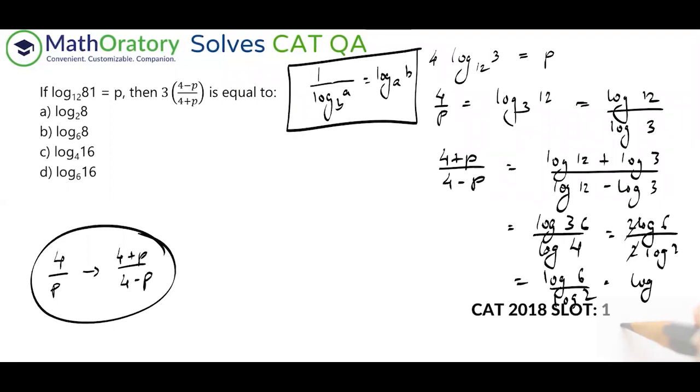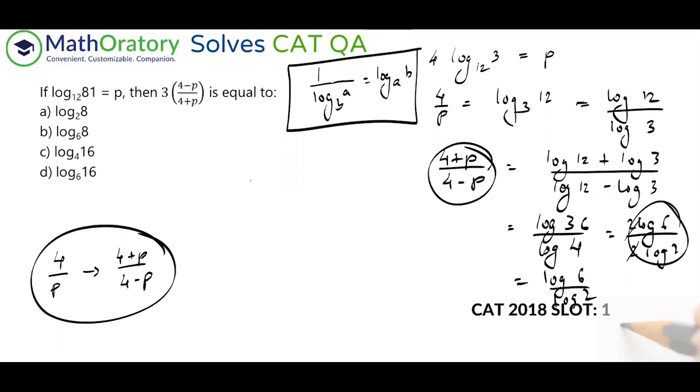Or we need this thing, right? I'm trying to keep it as simple as possible. That's the idea. I can use a lot of properties actually, but I'm trying to keep it as simple as possible. So let me invert this straight away. This is 4 plus p by 4 minus p, right? I hope this is visible. You can check it from here.